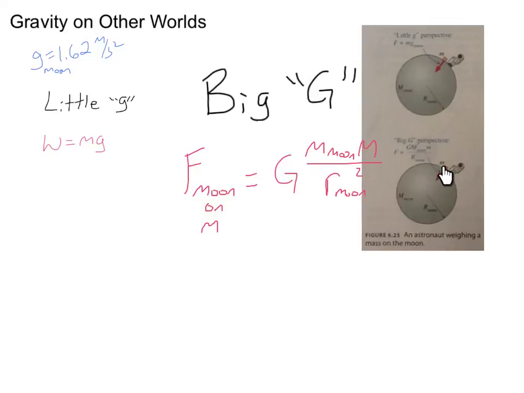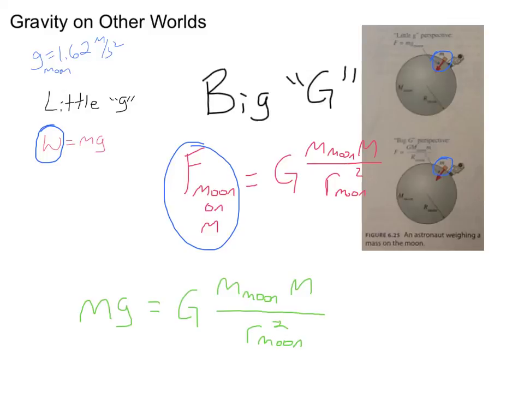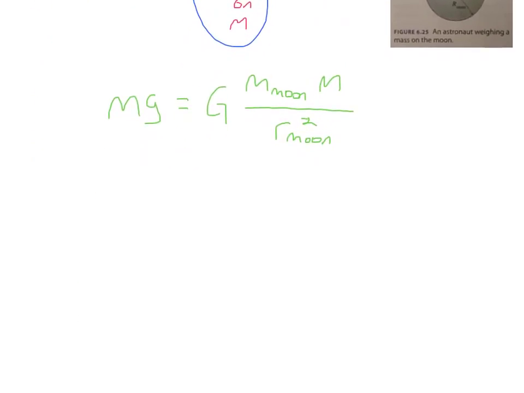If that mass is on the surface of the moon, then we're using the radius of the moon as the distance between the center of mass of the moon and the center of mass of that object. Now what this is telling us is that this force, the weight of the object on the moon in the little g perspective, and the force of the moon on the mass, which we find in the big G perspective, are equal. So what we can do is equate these two forces like this,